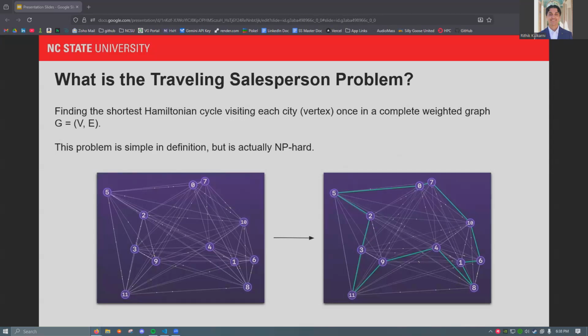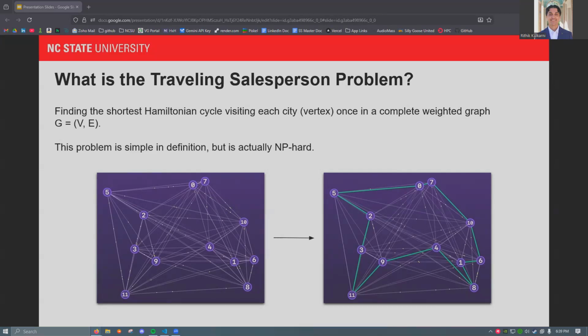Okay, so let's get started. What is the traveling salesperson problem? It's an extremely well-known problem in the field of graph and optimization theory. The problem is simply defined as a scenario where you are a traveling salesperson and you must start in your hometown. You have to visit every city exactly once and return back home in the least amount of time as